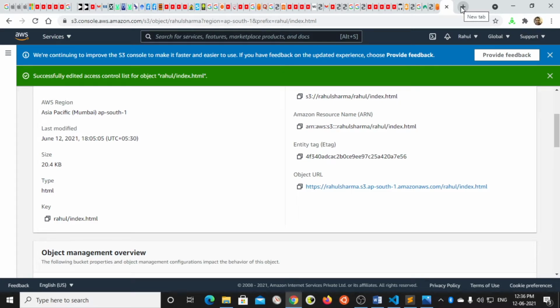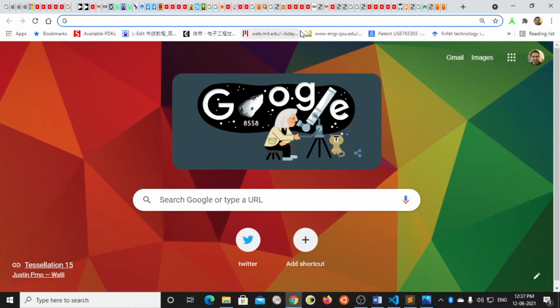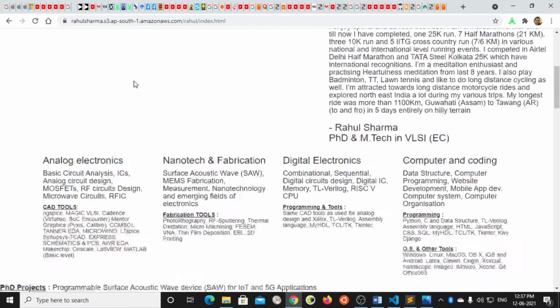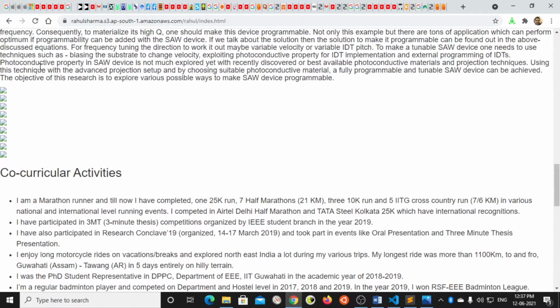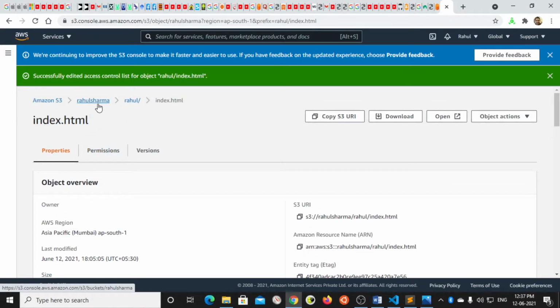So these steps we will follow for each file, be it CSS or the image folder or any individual image. So just see it here. So website is coming, but since the CSS file is not linked, so CSS is not coming, and images are also not coming because we have not linked those things yet. So we will do it after this.